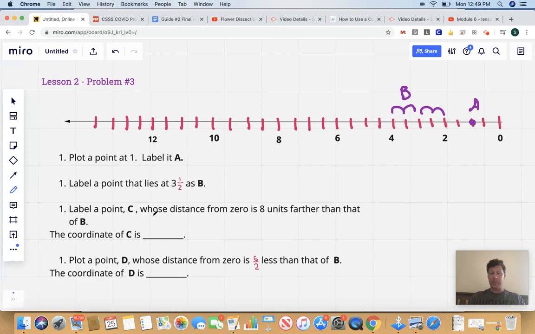What about labeling point C, whose distance from 0 is 8 units further than B? Okay, so let's count over. 1 unit, 2 units, 3 units, 4 units, 5, 6, 7, 8. This is point C because it is 8 units further away from 0 than B is. So we needed to start at B and count over 8 units. Finish off the next